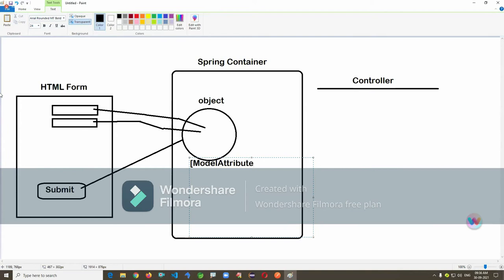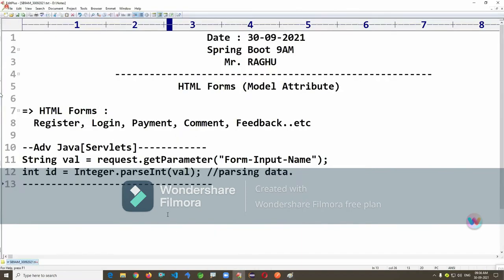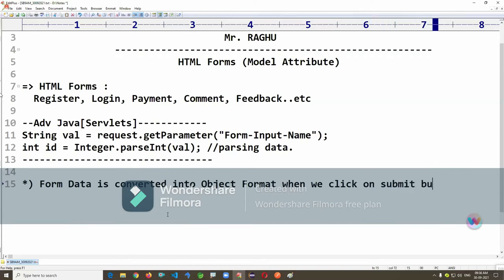The concept name is called model attribute. Okay, listen to the point. Form data is converted into object format when we click on the submit button.